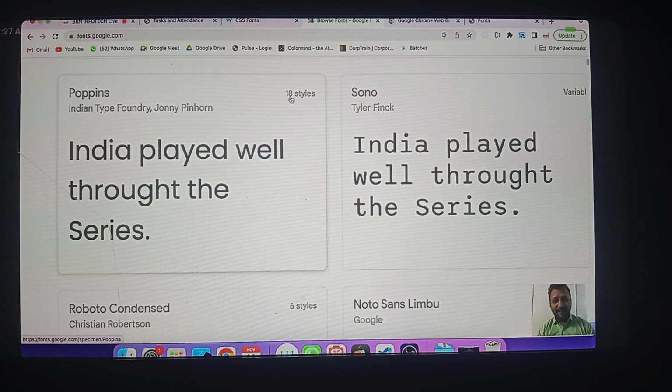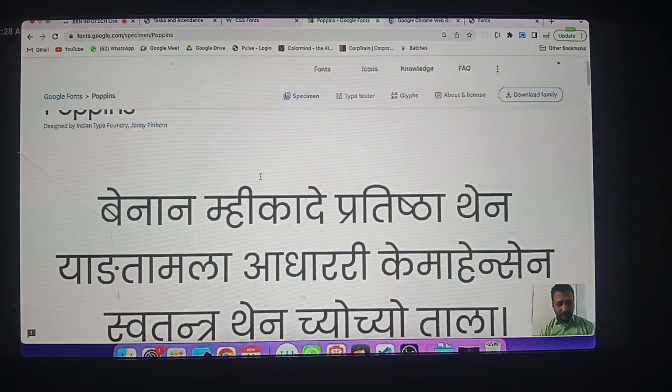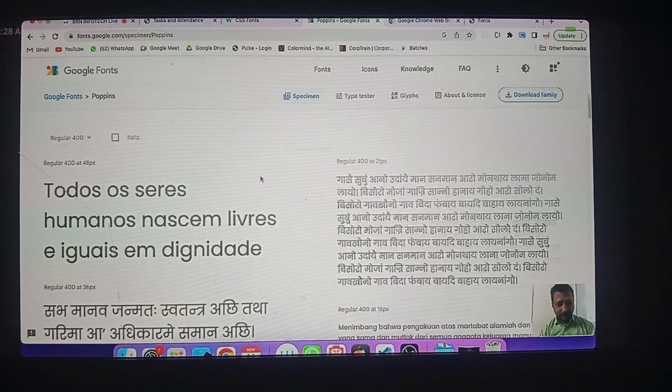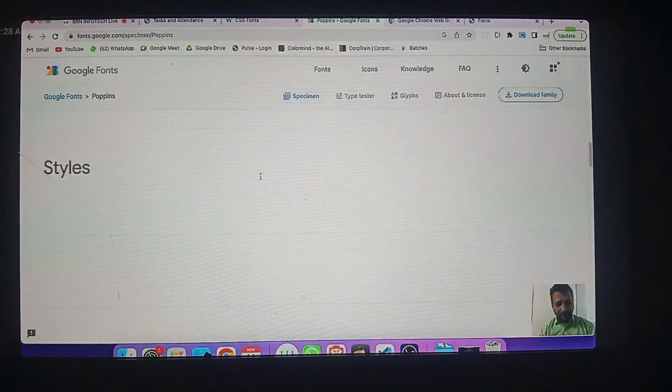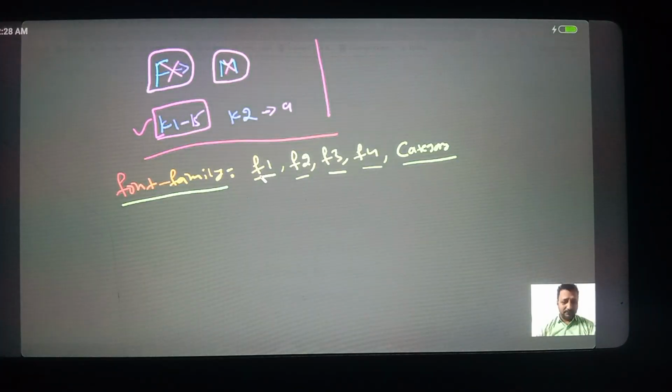Are you able to see 18 styles? Yes or no? This font supports 18 styles. 18 styles means what? If you see here,